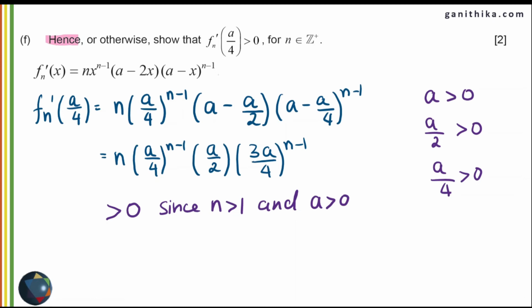Why are we asked to prove for a over 4? At this moment, you have to think why we are asked to find the derivative at x is equal to a over 4. Where is this x is equal to a over 4 situated on the graph? It is between x is equal to 0 and x is equal to a over 2. We note that x is equal to 0 is either a minimum or stationary point of inflection. At x is equal to a over 2, it is having another stationary point which is a maximum. Therefore, it is going to be an increasing function between 0 and a over 2. So you can collect all this information at this point and keep it in mind before you proceed to the next question.